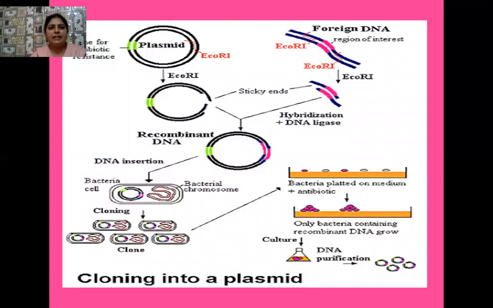Yes students, here the entire diagram is given to you. We have a plasmid vector here, and we have foreign DNA, which contains our gene of interest. Then we use the restriction endonuclease enzyme for cutting, and later on the sealing is done by the DNA ligase enzyme. Then we do the process of transformation, where the recombinant DNA enters into the E. coli bacterium. You can see very well that here your recombinant DNA enters into this E. coli bacteria.